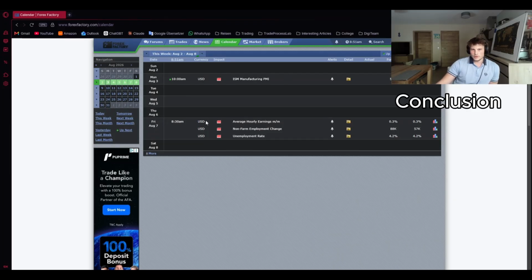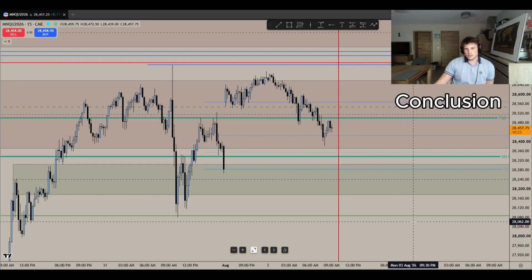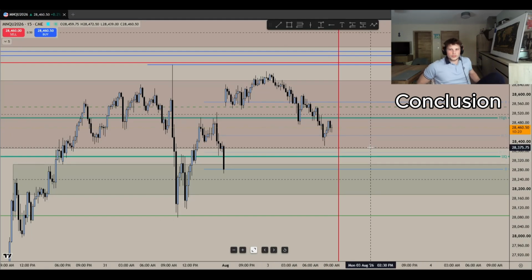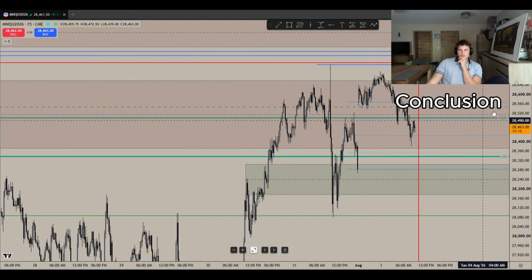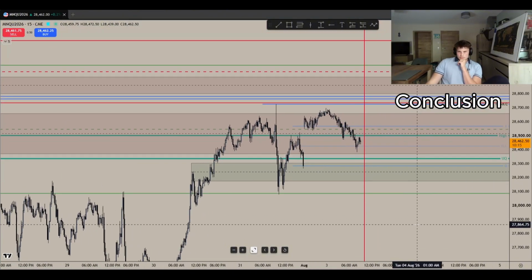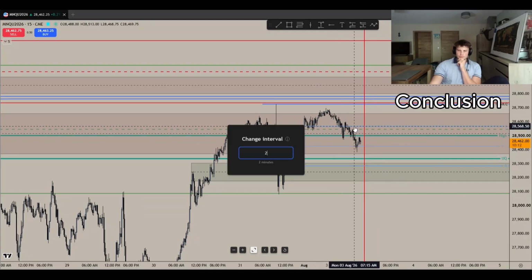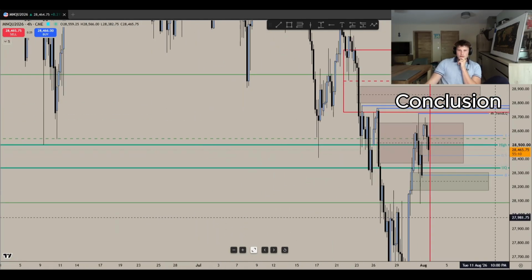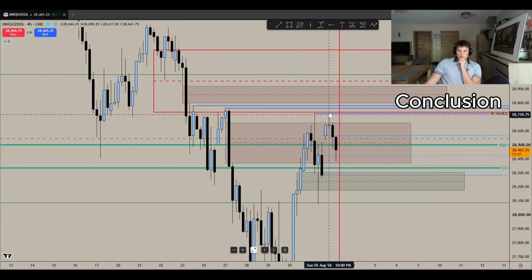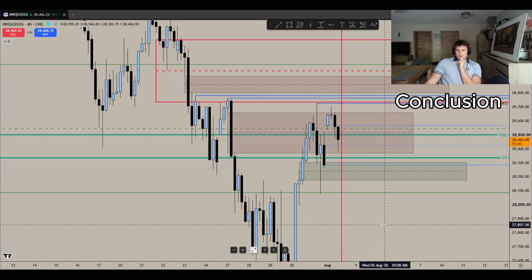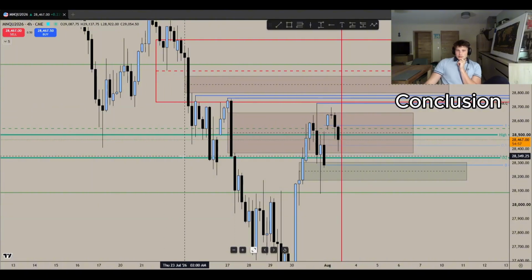The rest of the week we don't have any news, and then NFP on Friday, where we definitely have to watch out. All right, so what could I see? We have already filled the new week opening gap today. My bias is bullish, but we have that 4-hour SIBI, right? We are in that 4-hour SIBI, but we do have a 4-hour uptrend. We have a clean buy setup here. We have daily and 4-hour gaps to be mitigated up here. We do have support. We do also have the weekly levels and the monthly levels as support here as well.